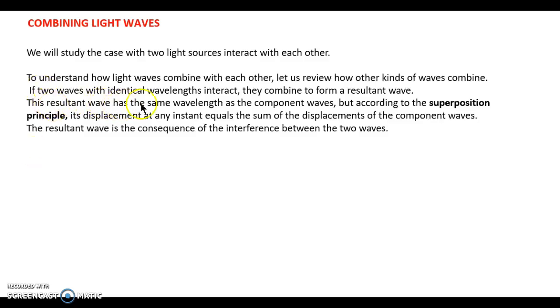This resultant wave has the same wavelength as the component waves, but according to the superposition principle, because they are overlapping each other, its displacement at any instant equals the sum of the displacements of the component waves. The resultant wave is the consequence of the interference between the two waves. So